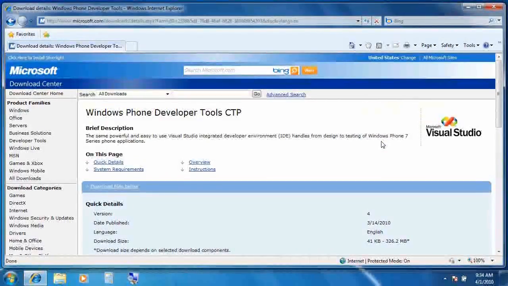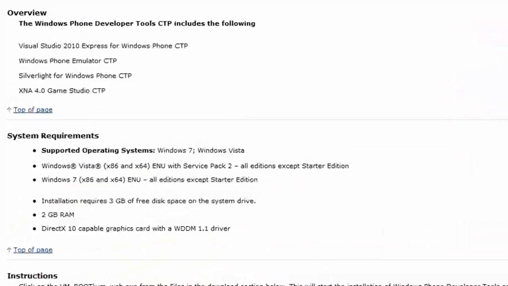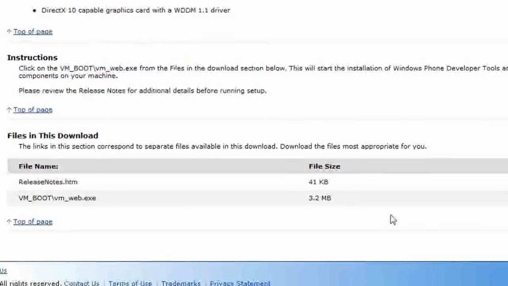Now this is the Windows Phone Developer Tools CTP, or Community Technology Preview. You will need Windows 7 or Windows Vista in order to run this software, and a complete list of system requirements is shown here. Now I want to point out that this file is actually very small. That's because this is just the installer that kicks off the requisite downloads. For instance, if you already have Visual Studio 2010 installed, it won't need to download as many components. But if you don't, it's going to take care of downloading Visual Studio 2010 Express Edition for Windows Phone. It'll take care of downloading the Windows Phone SDK and the emulator, and again, everything you need to get started